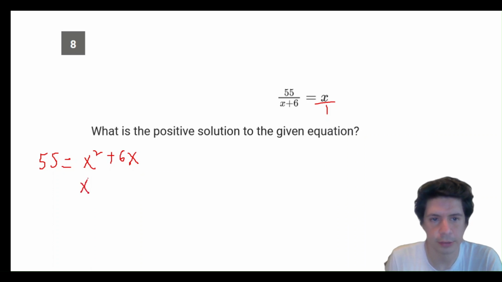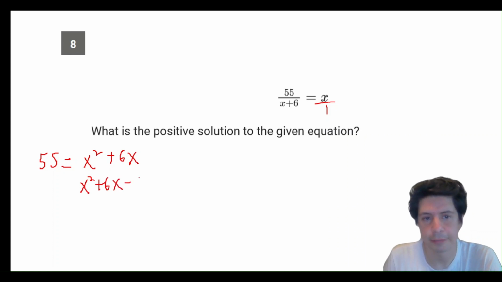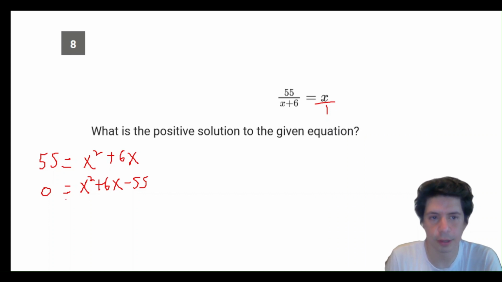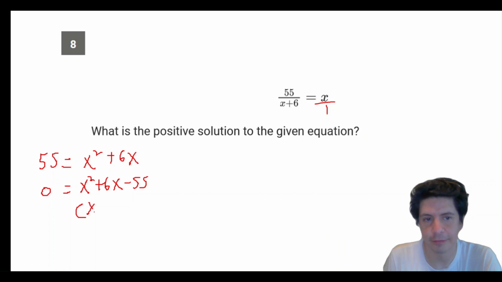So you're going to get x squared plus 6x minus 55 equals 0. And then you can plug it into Desmos, or I prefer factoring. You're going to get what multiplies to negative 55 and has a difference of 6. It's going to be (x plus 11) and (x minus 5),